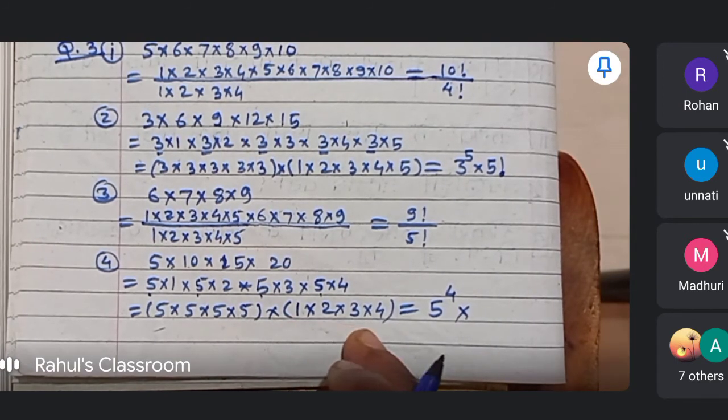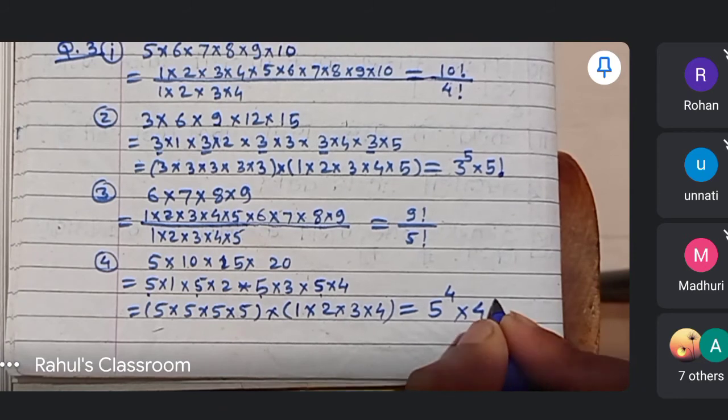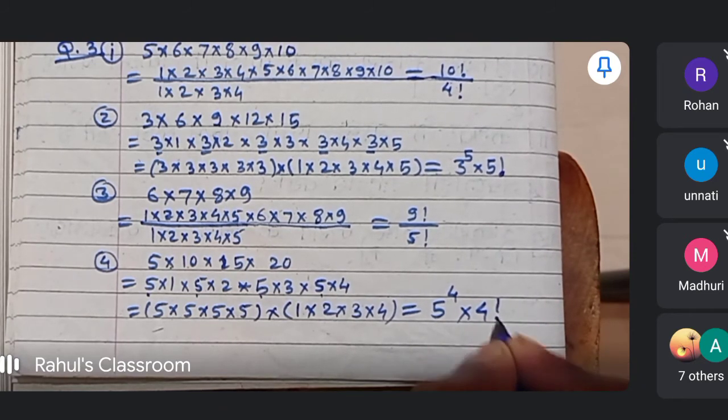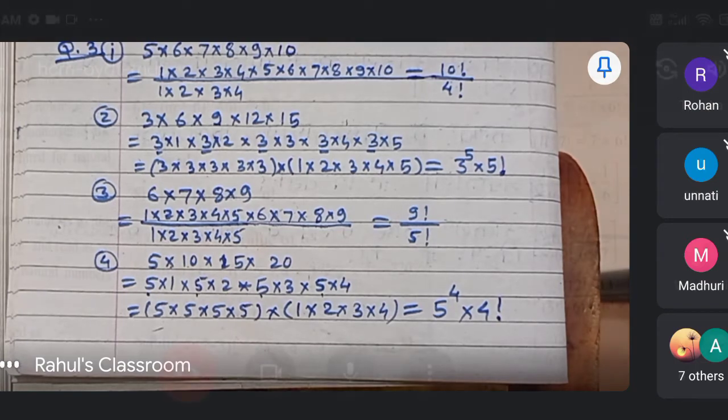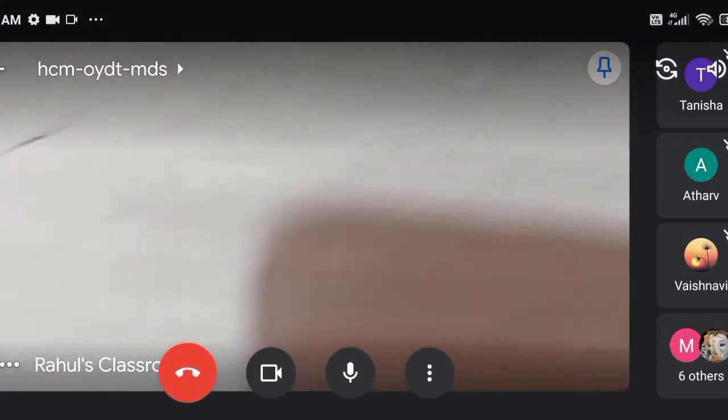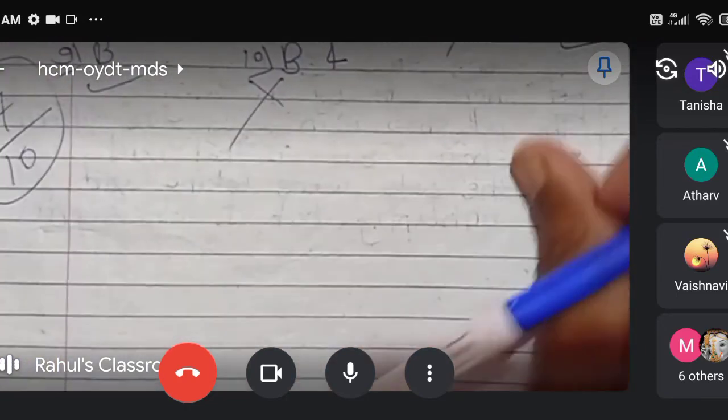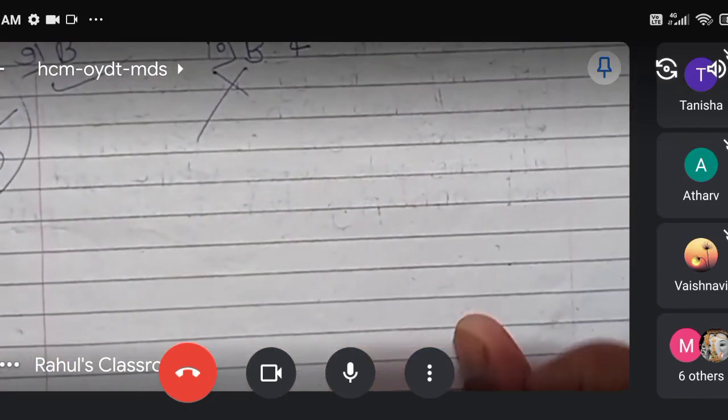And 1 into 2 into 3 into 4 means 4 factorial. This second bracket is a 4 factorial. Like this, we have to get all the terms. You have to see here how to explain. See,